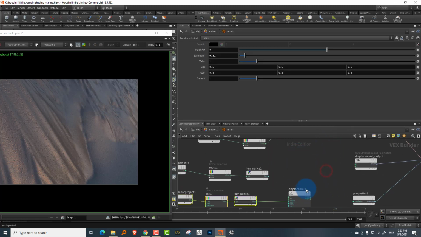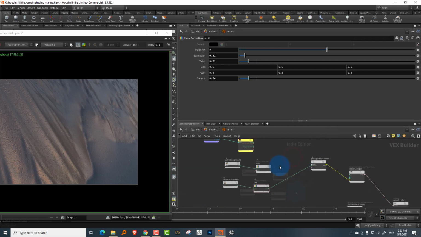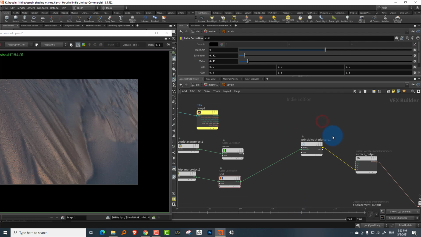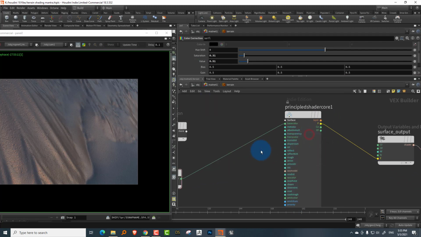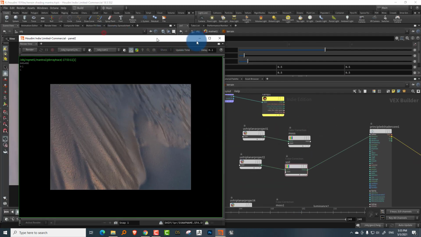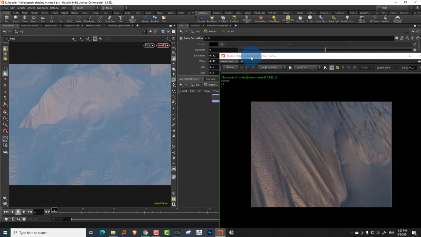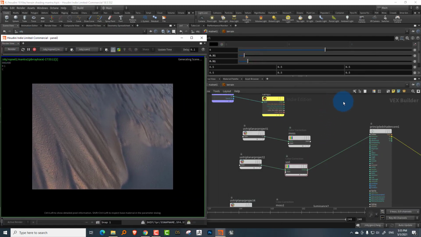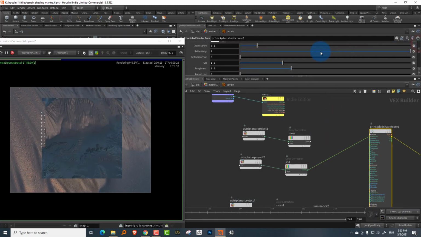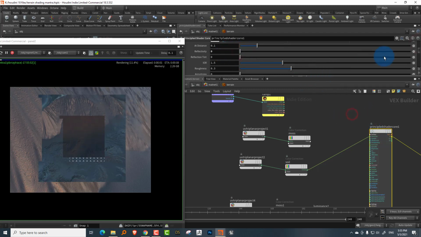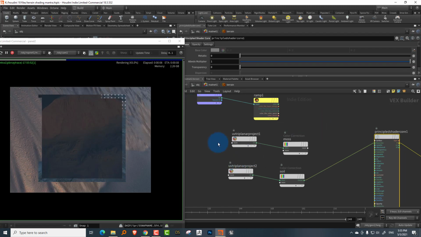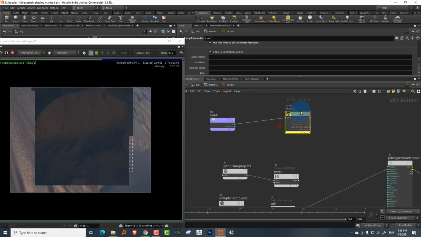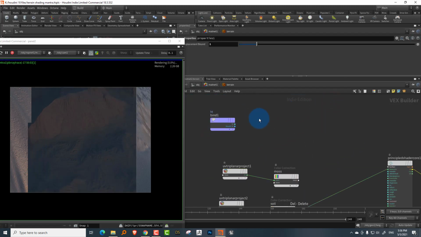Now, for now, I'm going to disconnect the displacement and let's set up our basic color, using one of the attributes that we have. Okay, so I'm just going to open this up for now and let's zoom out and let's hit render. Okay, so again, I'm just going to come down here and get rid of reflectivity altogether. So it's just a plain color. And I'm going to get rid of this. I don't need this ramp that we have.